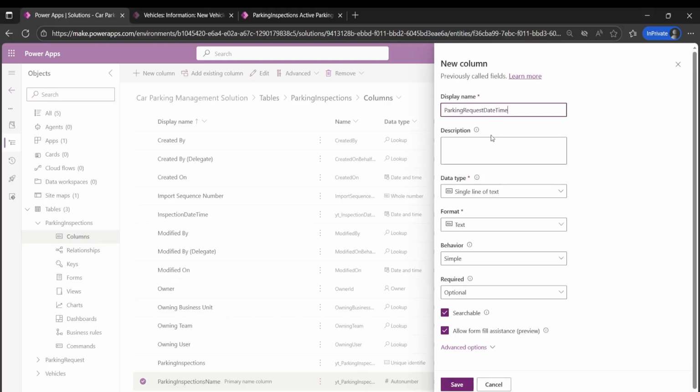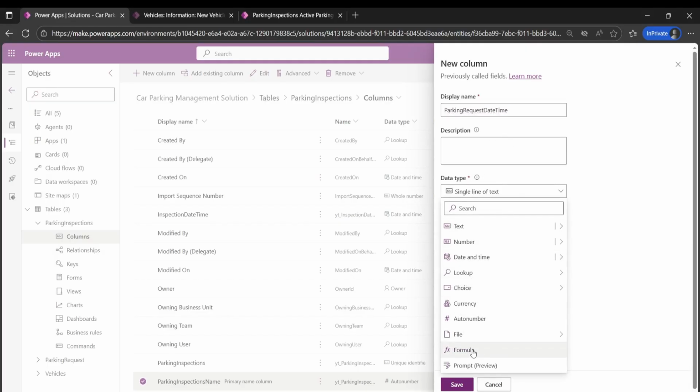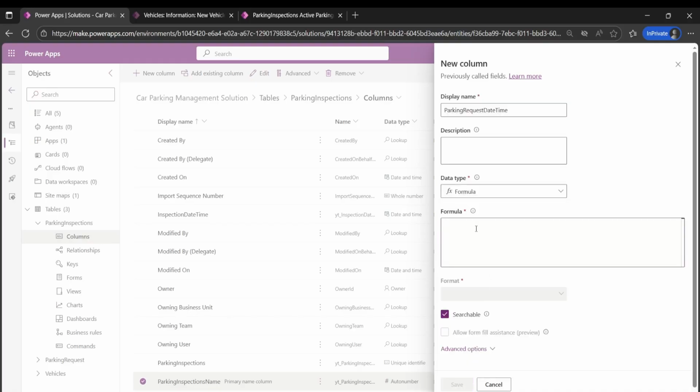I'll just paste it here. And the data type that I want it to be, I will leave it as a formula. So basically, it's a lookup to the parking request, and every time there's a parking request, it gets that time and then displays it on the view. And the formula would be,